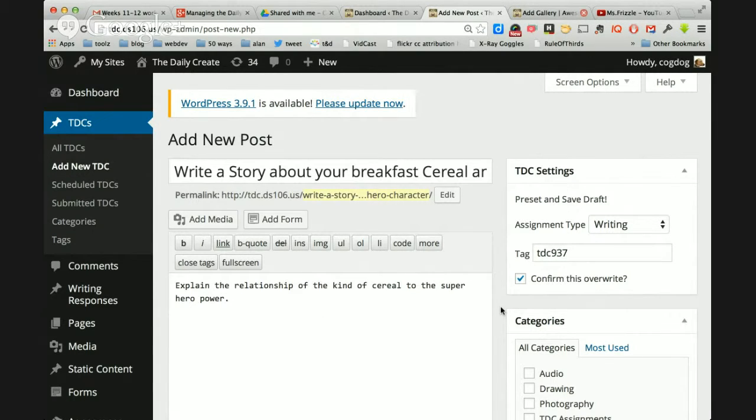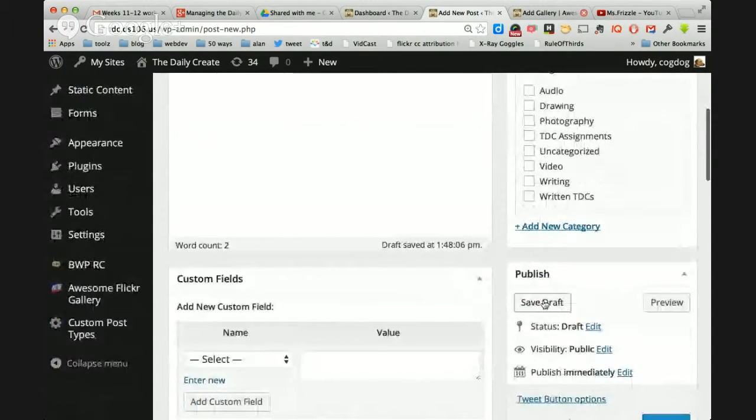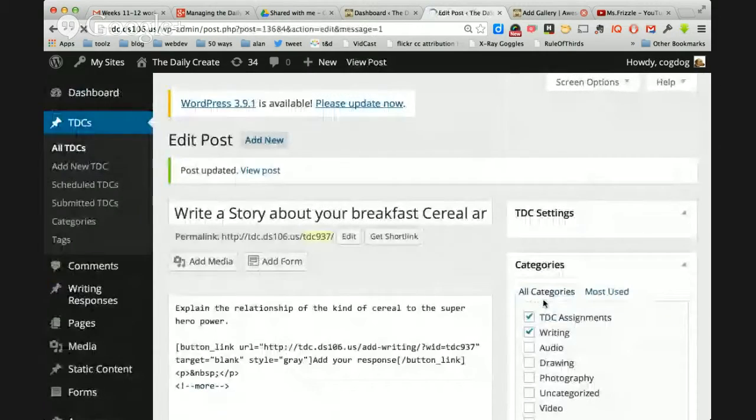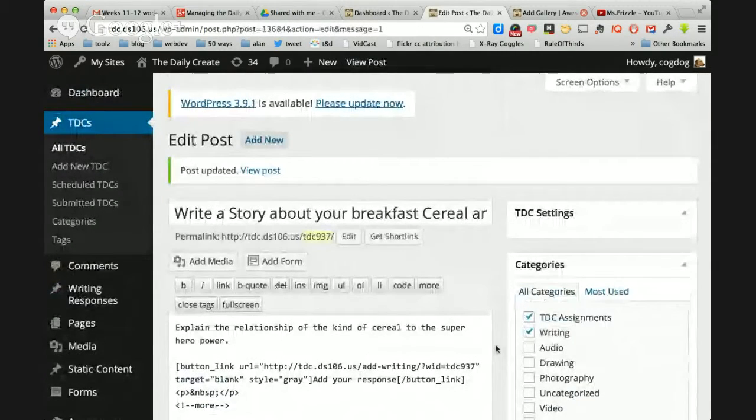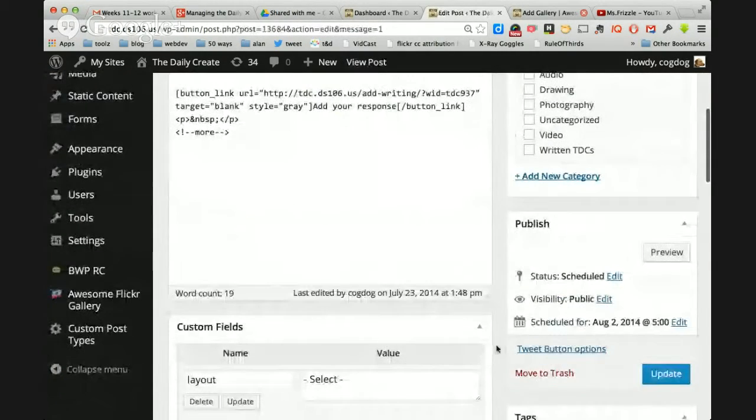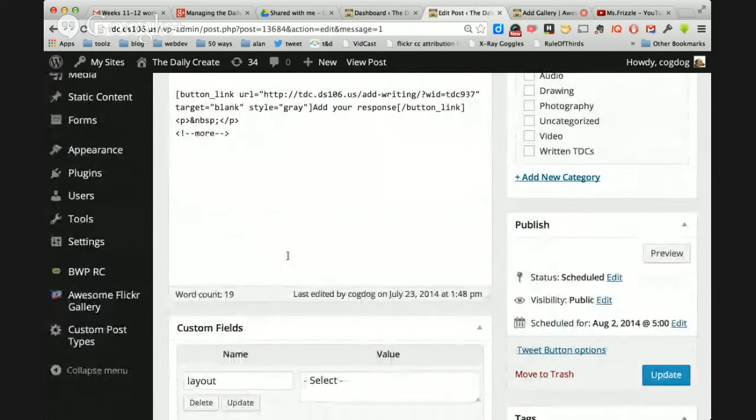You can do things here. You can embed media. I've done writing prompts where I put a picture in there, like the one today, standing on a corner of Winslow, Arizona. So you can put a video, like you write in a blog post, or a picture in there as sort of the prompt for writing. But I like writing because they're pretty easy to do quickly. So this one's in the mix now, TDC 937. It's going to go out August 7th.